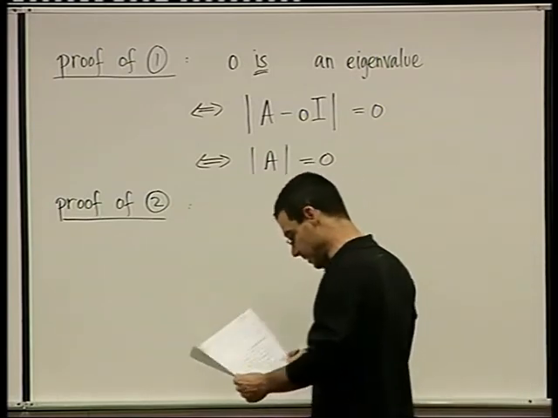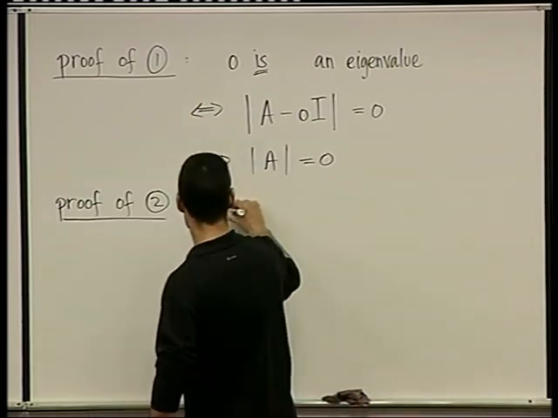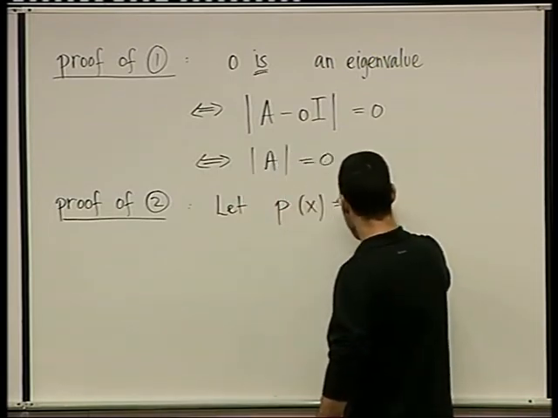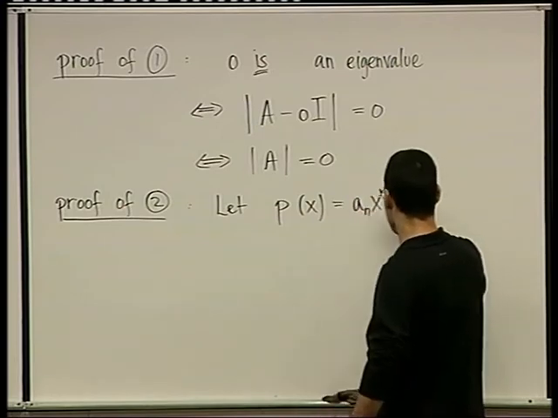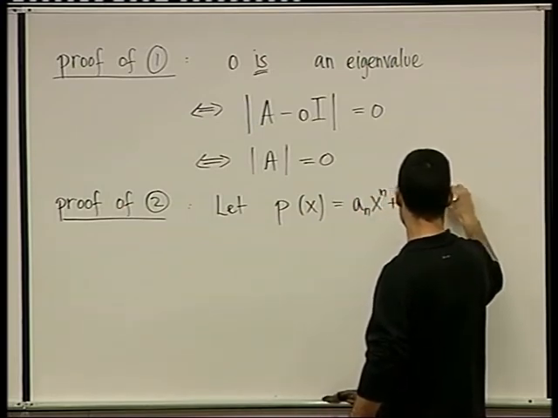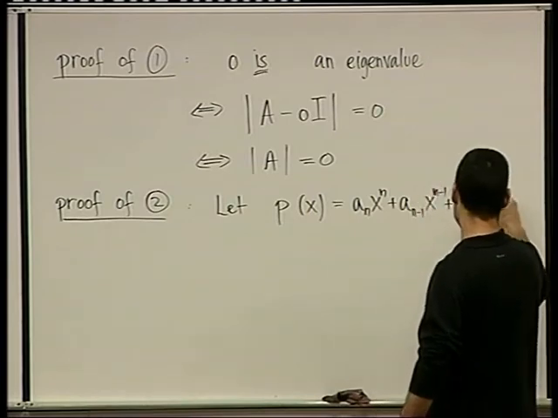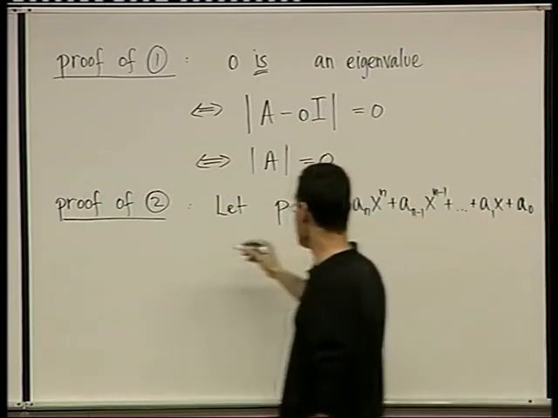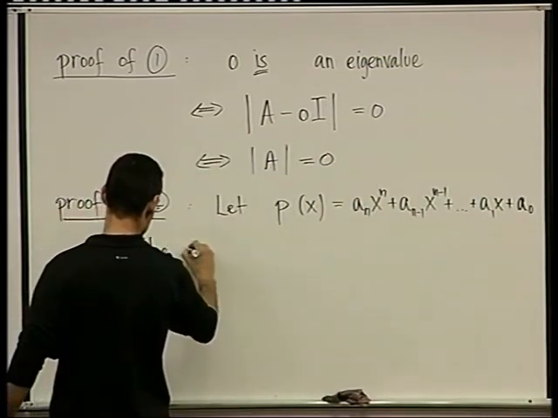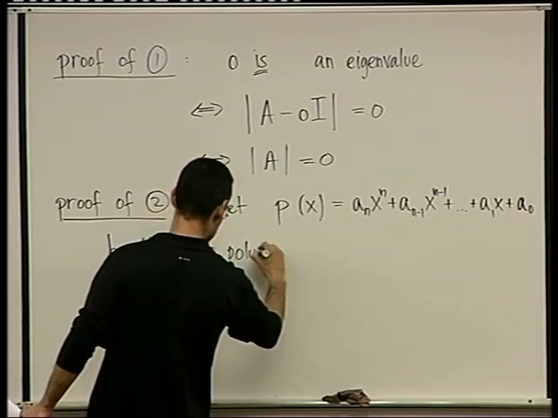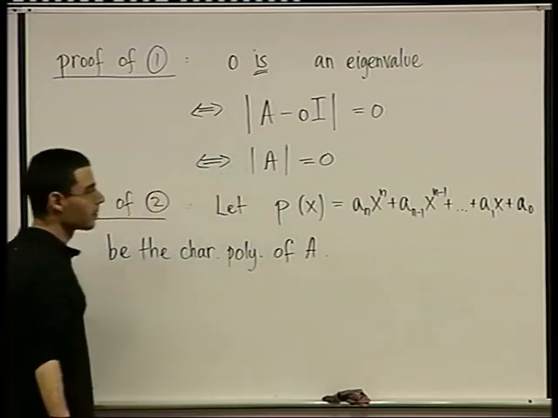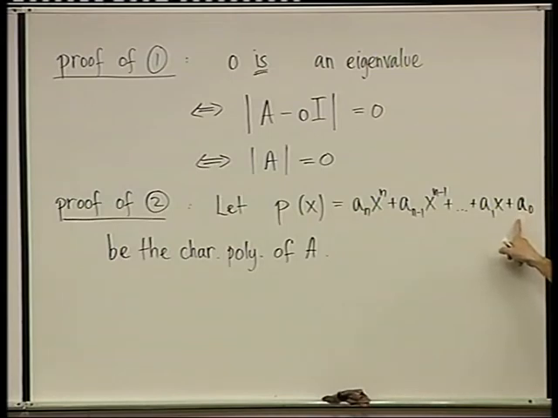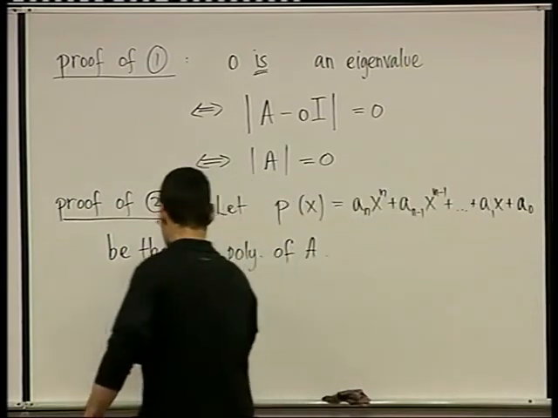Okay. Proof of 2, remember that 2 said that the free coefficient of the characteristic polynomial is not 0. So let's write the characteristic polynomial. Let P of x be a_n x to the power n plus a_(n-1) x to the n minus 1 plus dot dot dot plus a_1 x plus a_0. Okay? Let this be the characteristic polynomial. The free coefficient is this little a_0 here, right? So if a_0 is 0,